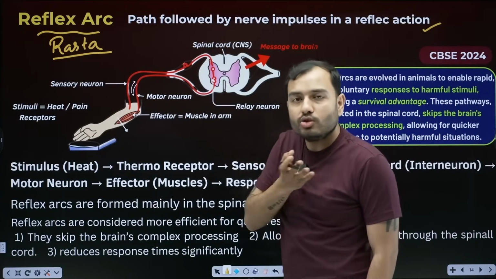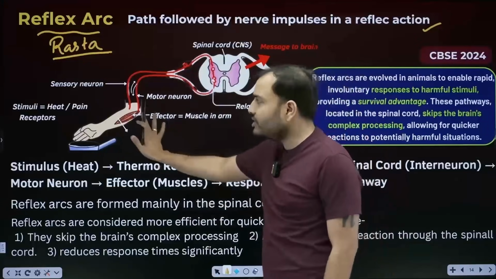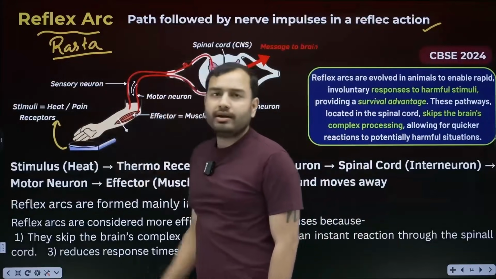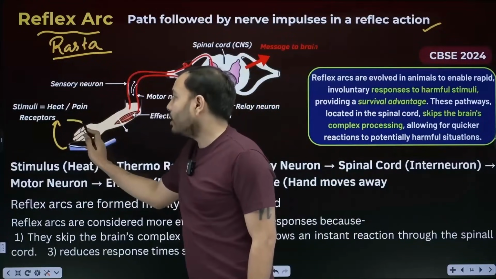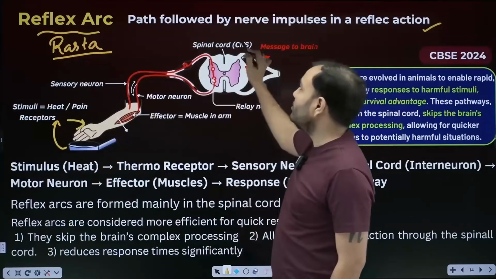The path we choose during a reflex action is called the reflex arc. Look at the NCERT diagram here. It's the same thing, simple. What is it? Touch the hot griddle. So what is the stimulus here? Heat or pain? Both, because if it's hot, it can hurt too. Your hands become the receptor. What travels? The sensory neuron travels. Where did it go? Central nervous system.